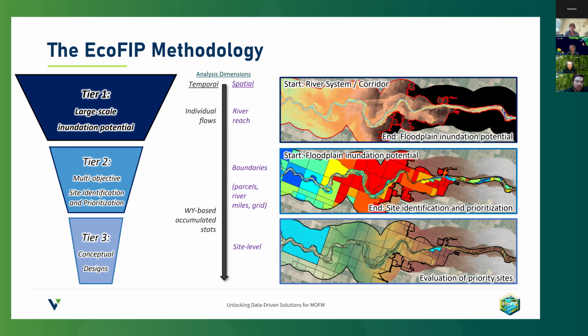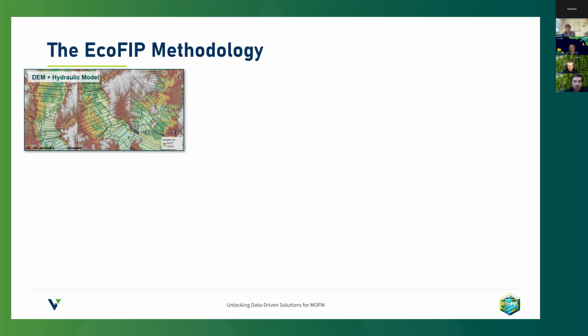Different areas might be more suitable for recharging groundwater aquifers. Some areas might provide certain types of habitat for fish, while others provide it for wetlands and shorebird species, for instance. And then we ultimately use this kind of multi-objective site identification and prioritization to identify where those sites are that we want to hone in on, so that by the time we get to tier three, we're able to specify a few different concepts and think about what are the actions we could take at these high priority locations and what kind of benefit we see if we do those.